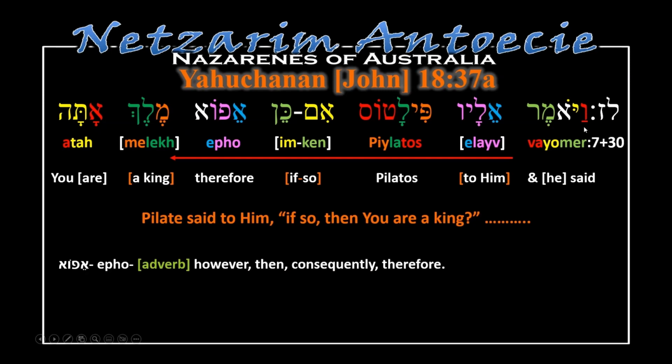And now let's read it. Vayomer, and he said, Eliv, unto him, because the vav is him. Pilatos, Pilatos or Pilate. Im ken, if so, because ken can be so, and im can be if. So if so,